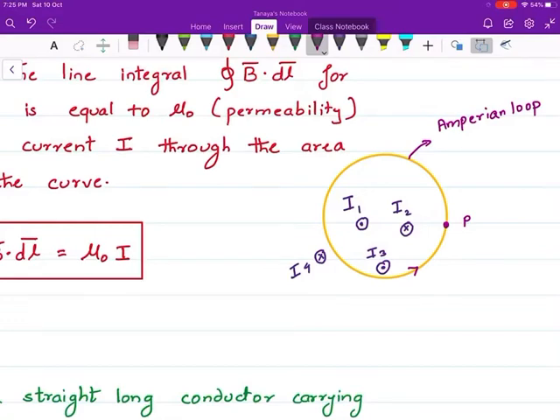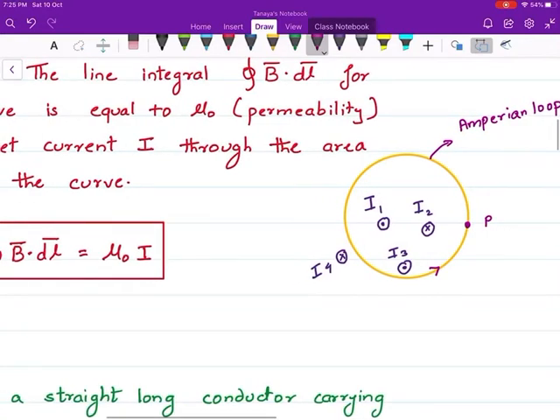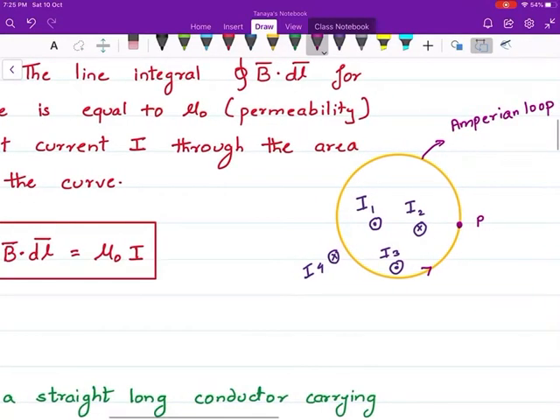Then we are going to find dl. That also we can find out. What we want to see over here is the I. How do you find the I? I is the current enclosed by this loop. So I cannot just write I1 plus I2 plus I3, because the directions are different for these currents, right? So first let me take I1.